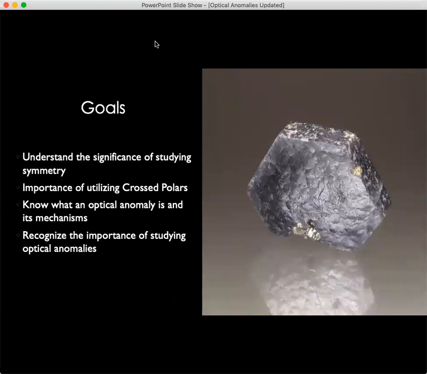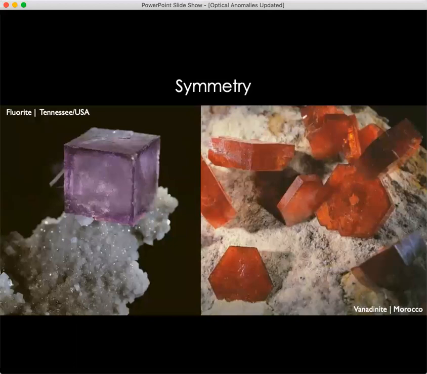So the goals of this are to understand the significance of studying symmetry, to understand the importance of utilizing cross-polars when looking at crystals, to know what an optical anomaly is and its mechanisms, and to recognize the importance of studying optical anomalies. But before we can discuss optical anomalies, we must understand that a crystal's growth is constrained by